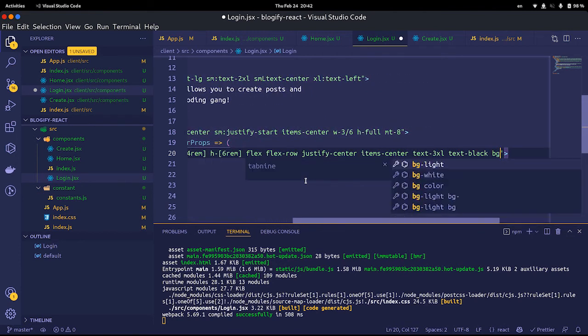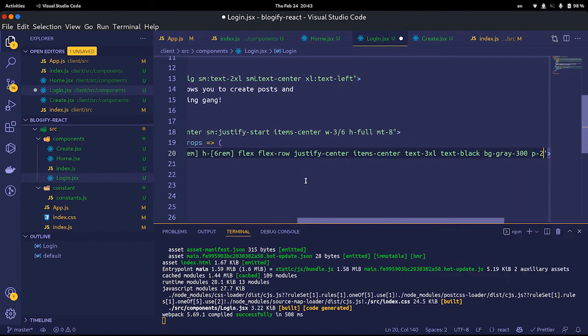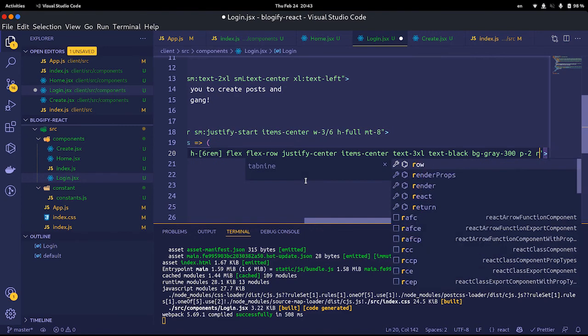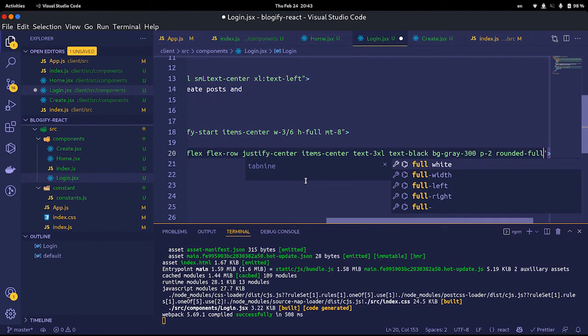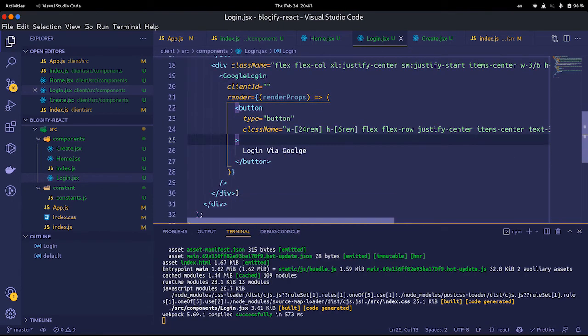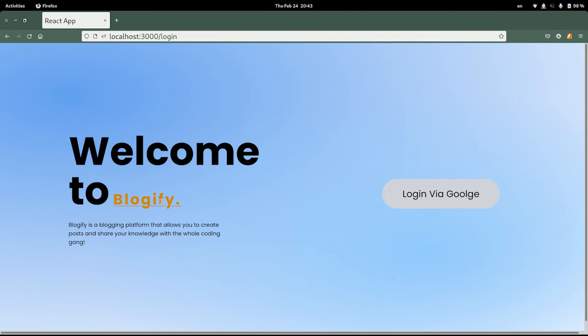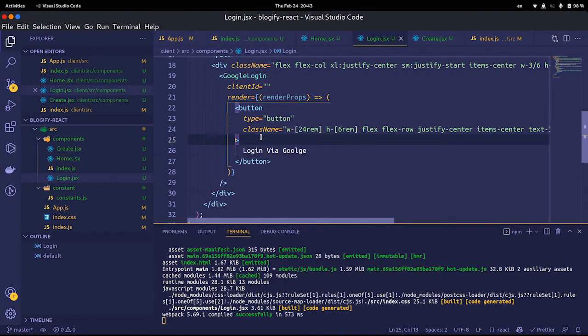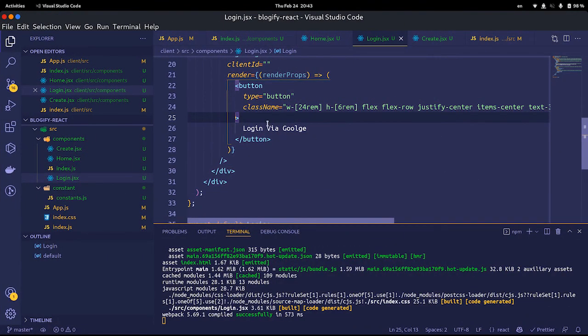The background would be gray-300, and finally we have padding-2 and rounded-full. Okay, great. Let's check out our login. As you can see here, we have this beautiful login button, and inside of there, before this